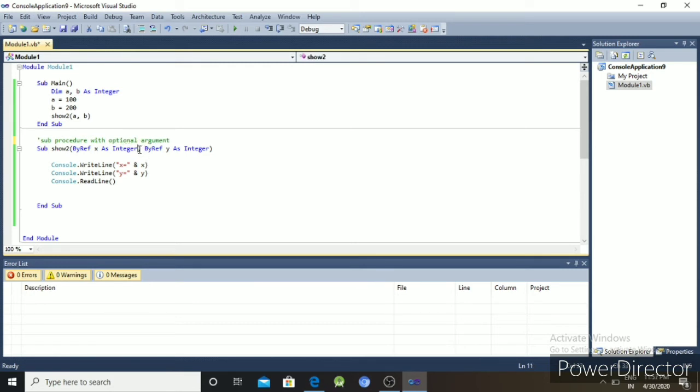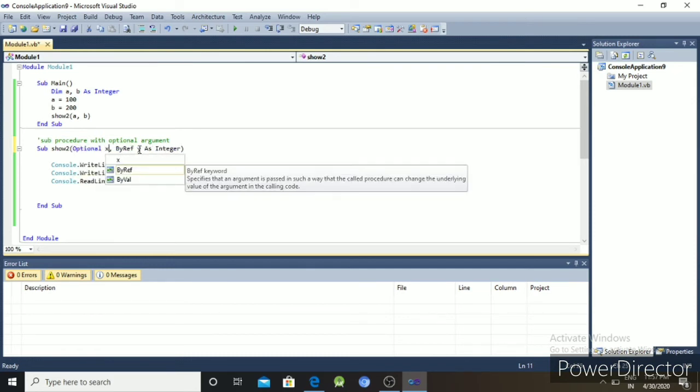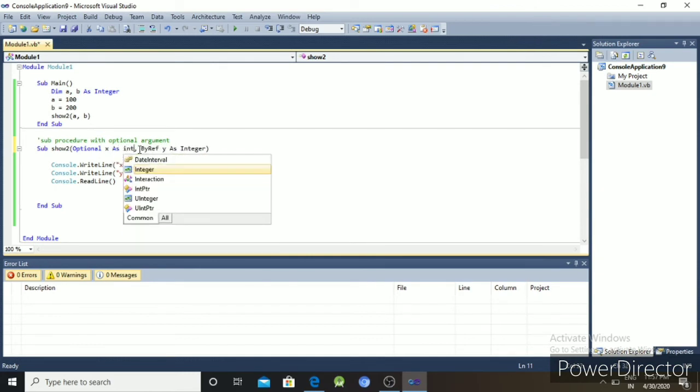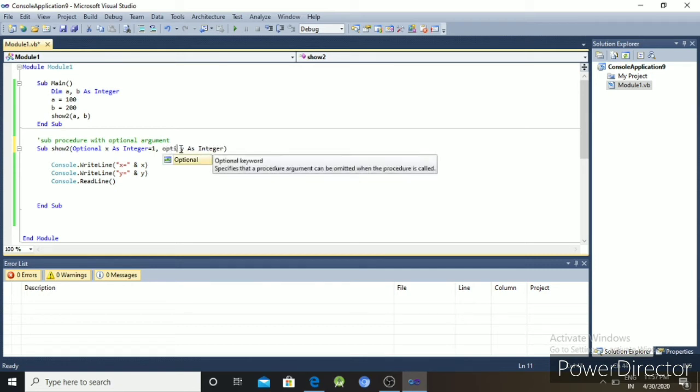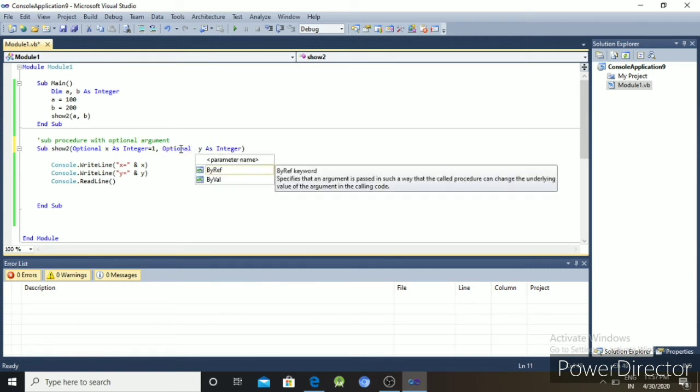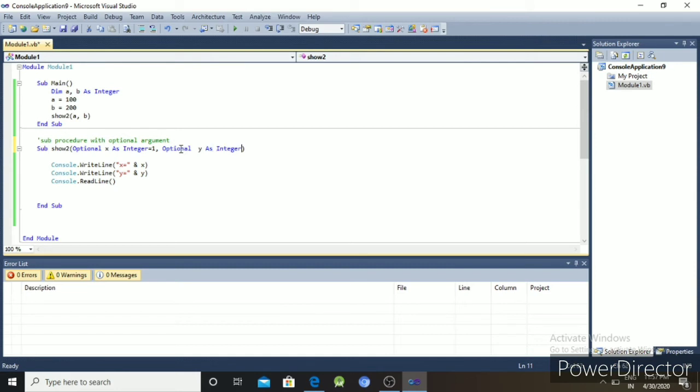Here we write Optional x As Integer = 1, and Optional y As Integer = 2.